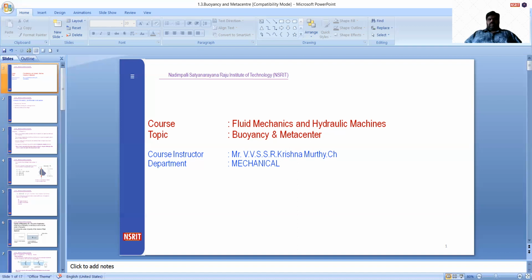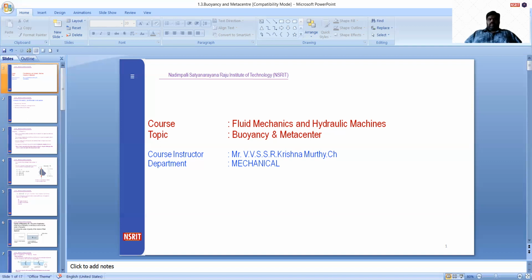So we know that the center of buoyancy is the point of application of the force of buoyancy on the body. And the metacenter is the point about which a body in stable equilibrium starts to oscillate whenever a small angular displacement is given. Whenever, in a stable equilibrium condition, you give a small angular displacement, if it tries to oscillate,